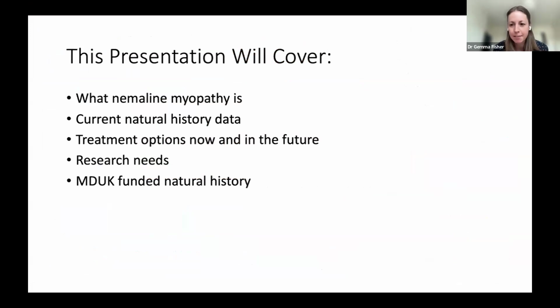He's the chief investigator for the natural history study, which I'm going to come to, but I'm briefly going to explain what Nemaline myopathy is. Now, I know this audience clearly knows what Nemaline myopathy is, but I'm just going to explain a couple of key points that will be relevant to the research that I'm going to come on to